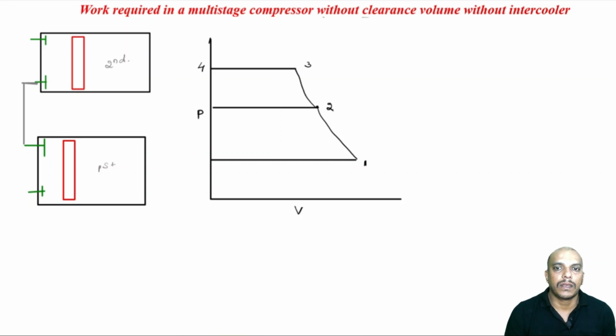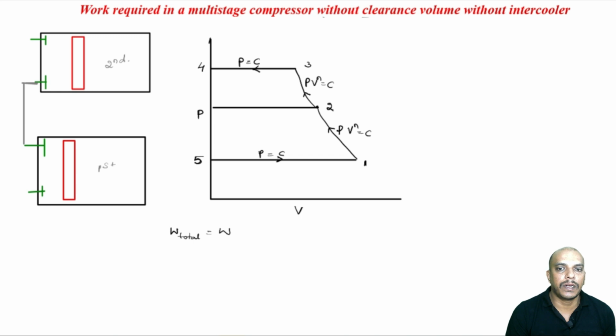So, this will be our 5. Now, this is again PV^n equal to constant, PV^n equal to constant, okay. Let us put the arrow mark, and this is pressure equal to constant, and this is again pressure equal to constant. Now, we know that for the first stage,